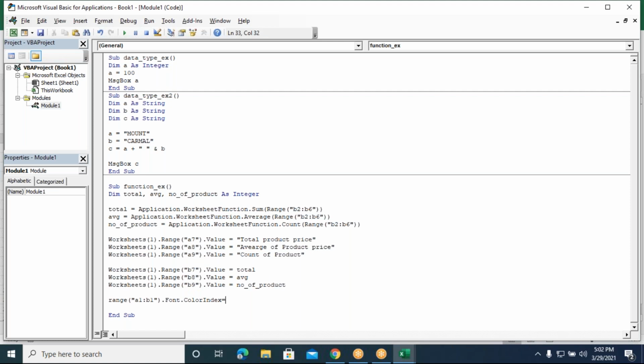So I'm just assigning the index color for this as any of the colors, which ranges from 1 to 7. You can just give any. I just assign it as 6. Again, range A1 to B1. For this range,